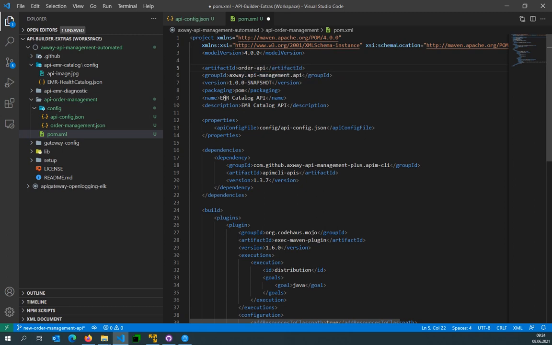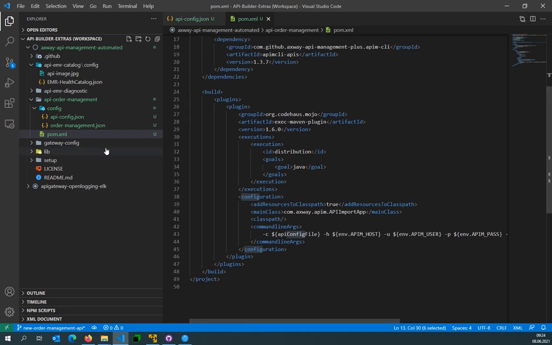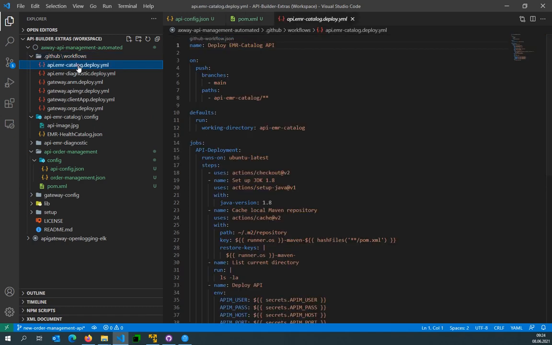Also here, I try to be quick. Order API and order API. And the same, this is the config file with the API config. If you want to have another structure within that API folder, of course, you have the flexibility. If you want to use something else than Maven, it's also possible. So that's all here. And then we have the GitHub repository, catalog, deploy,